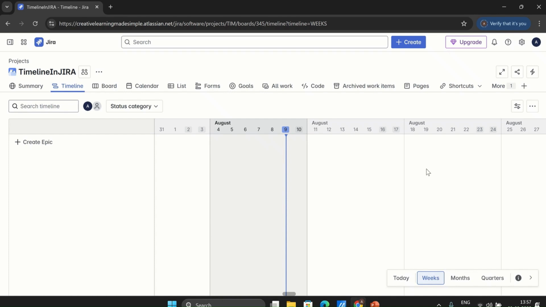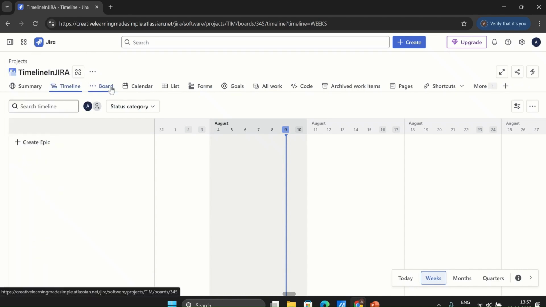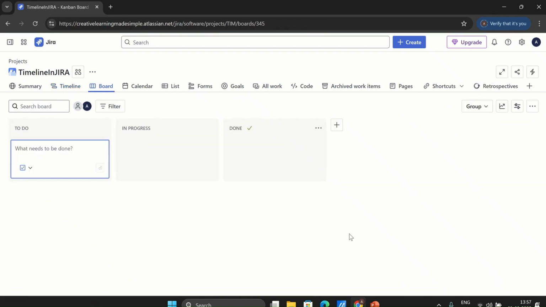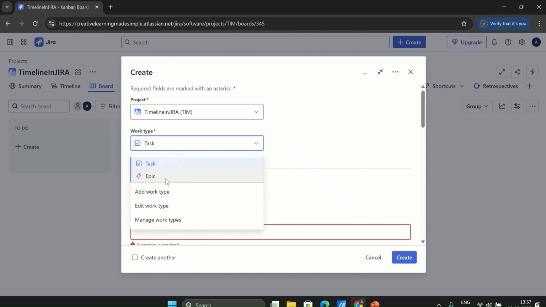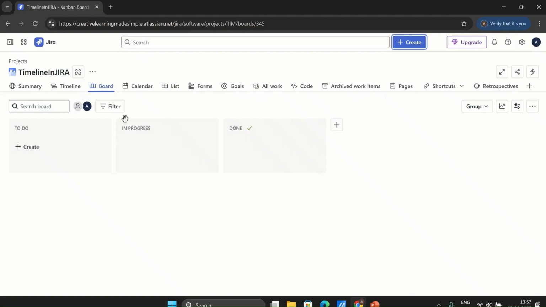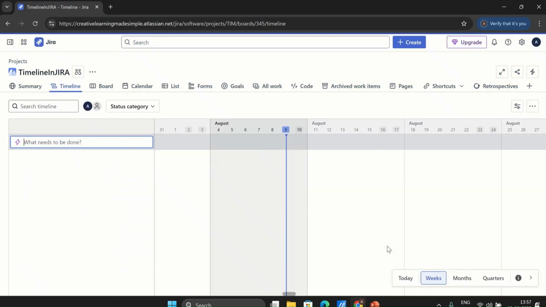Let's say for this particular project, we do not have anything. If I can show you guys, the board is empty. Normally, if you have seen my past videos, we can create the stories, create different work types using the create button. So I can click on the create. I can select the epic, I can select the task, and so many other things. But what we will do for today is, if I go to the timeline,